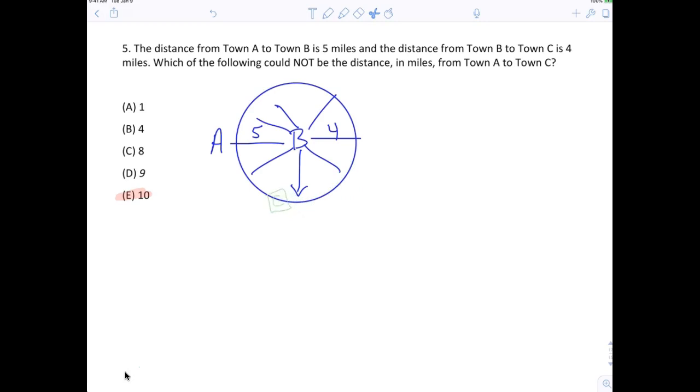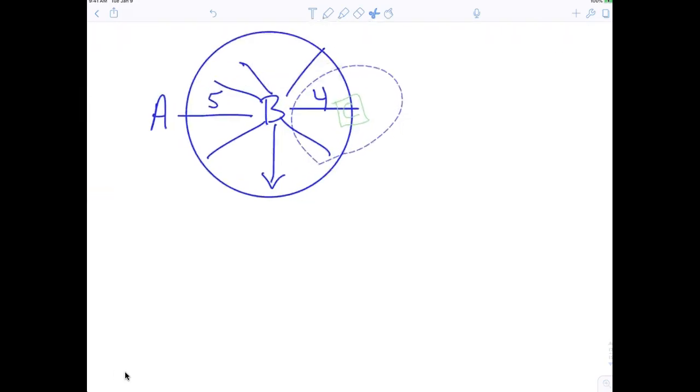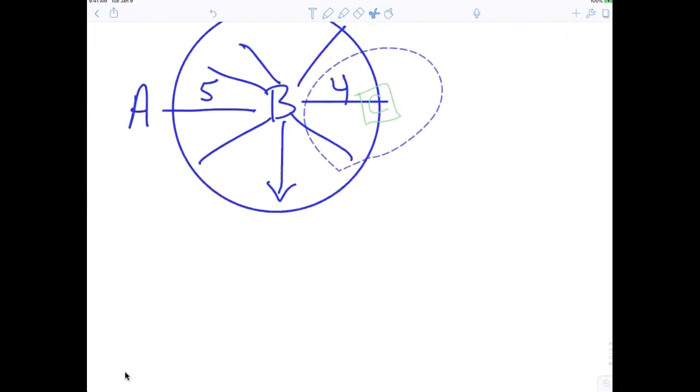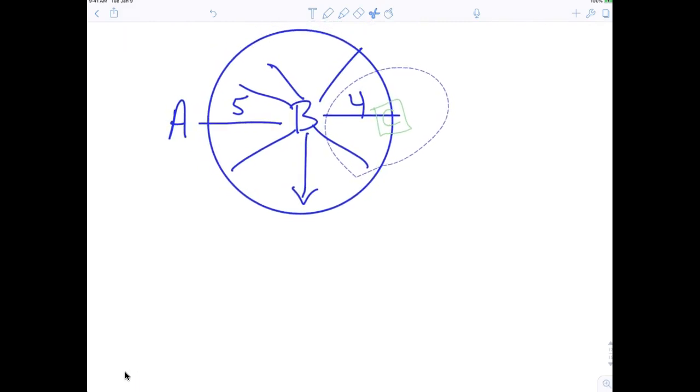Do you agree I can put C anywhere along this path right here? Because why? Because that's still 4 units from B, or 4 miles from B. Do you agree? So I don't know where I should put C. But I know if I put it as far away as I possibly can from A, it would be right there. Do you agree with that? You see that or not? You see it now? That's the farthest it can be. I still got the answer, but